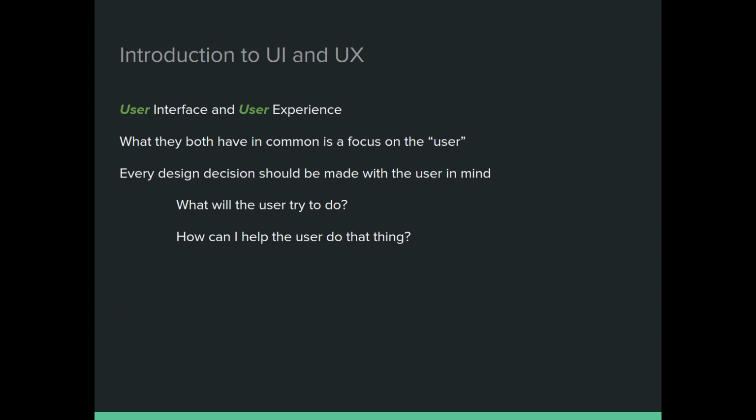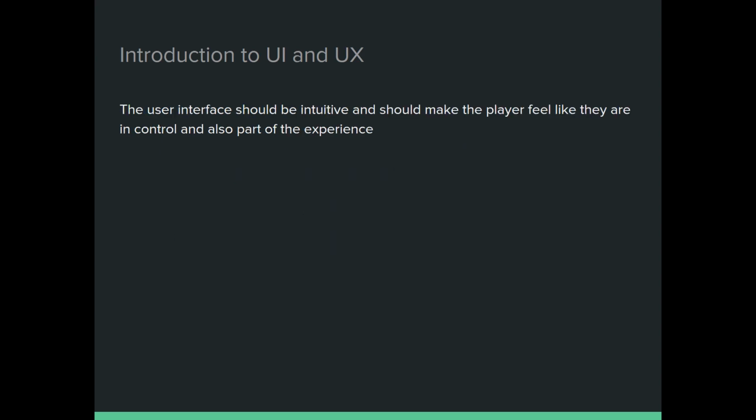What these both have in common is a focus on the user. Every design decision should be made with the user in mind. What will the user try to do? How can I help the user to do that thing? The user interface should be intuitive and should make the player feel like they are in control and also part